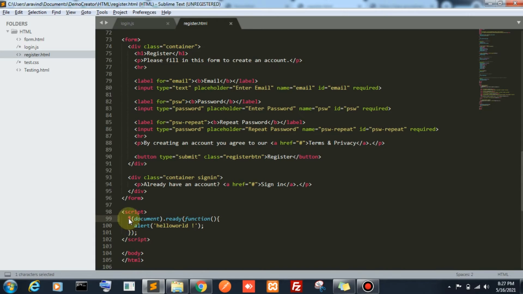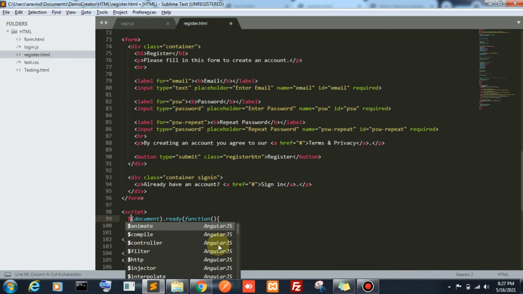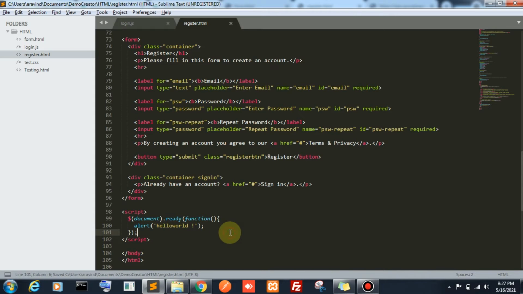By default, dollar is the referring name of jQuery. If you want to change it, in some websites they use the jQuery wording like this instead of dollar. So if you want to use any naming, you can rewrite the minified file or your own coding.